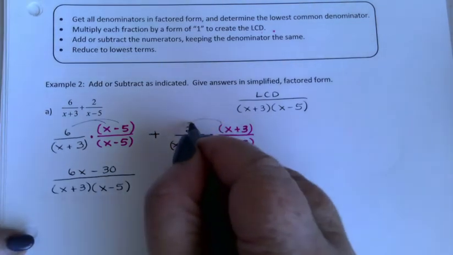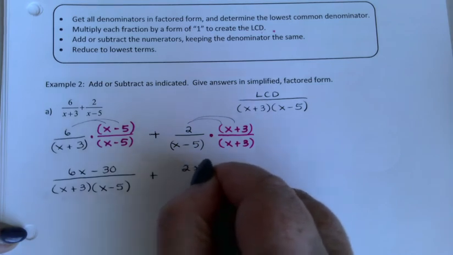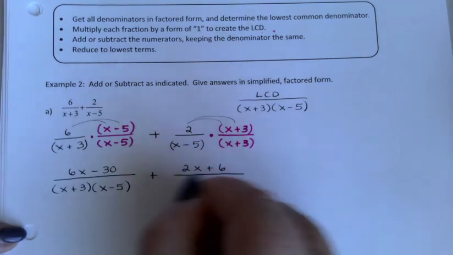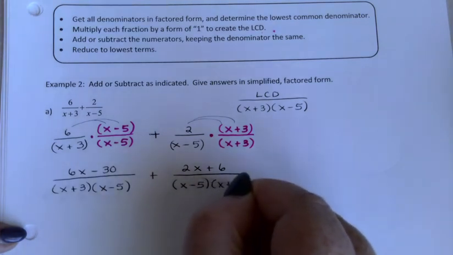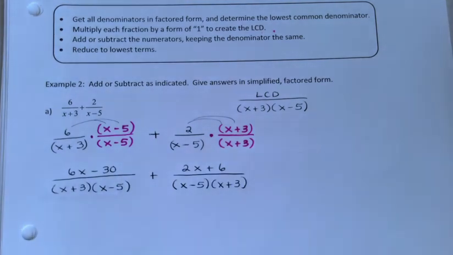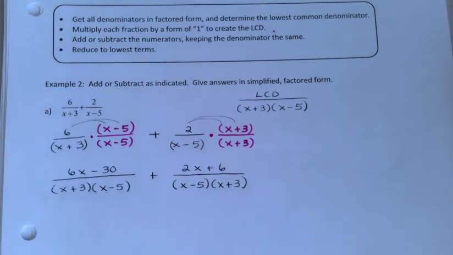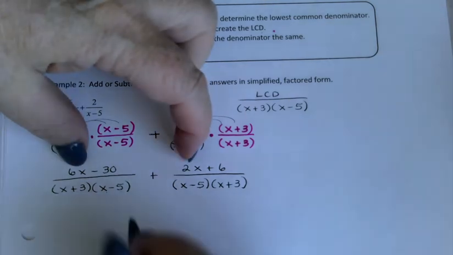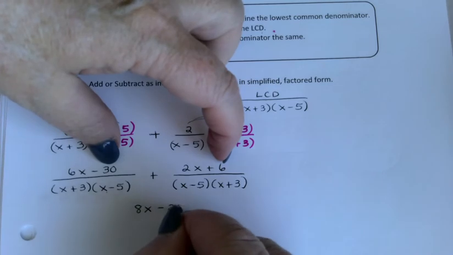And so that would be a 2x plus 6 on the top of that fraction now. Right, I have the common denominator, so it's okay for me to combine them now into one fraction. Adding here, I would have 8x minus 24